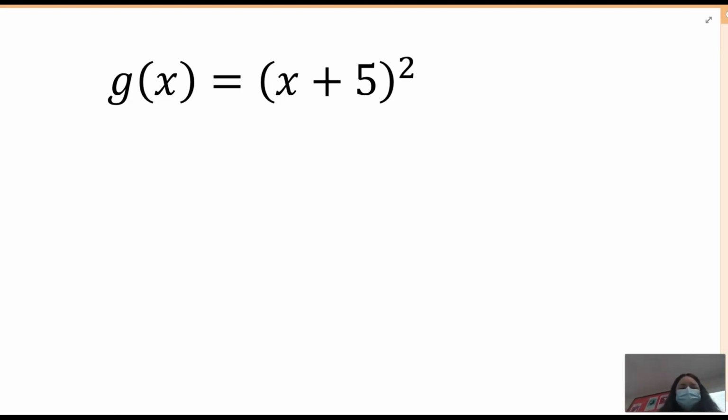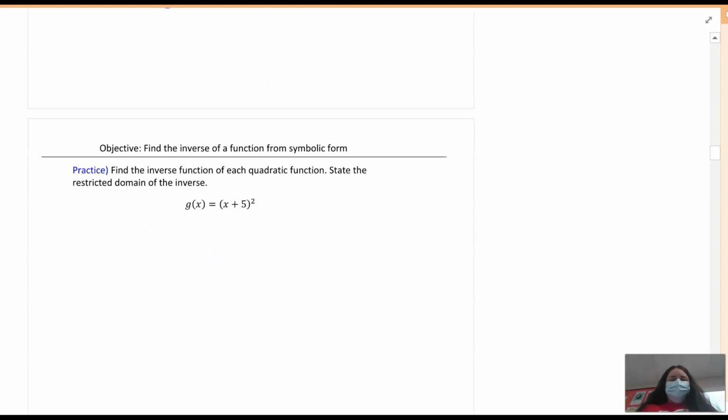So g of x equals (x plus 5) to the second power. So the solution to this one,